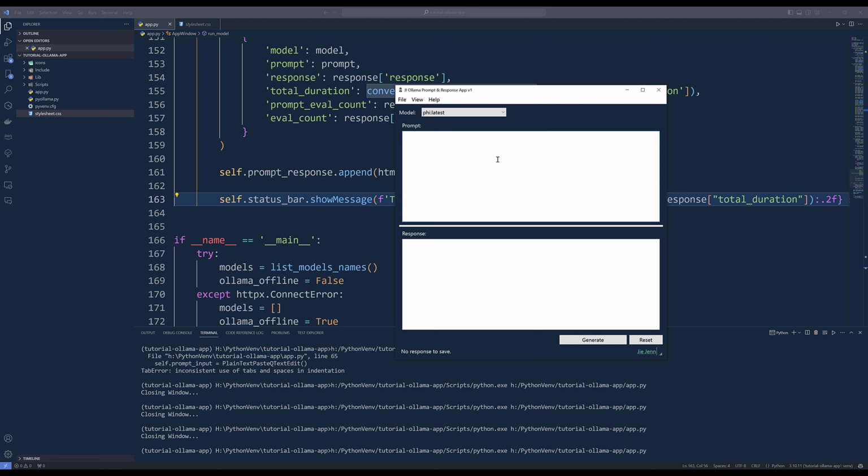Then I'm going to enter a prompt. Tell me a joke and generate. And here's the response. Now, as I mentioned before, this is going to be great for testing different models. So let's say if you want to use the same prompt